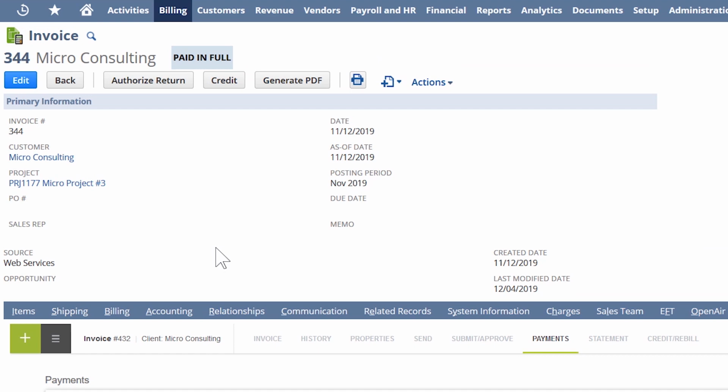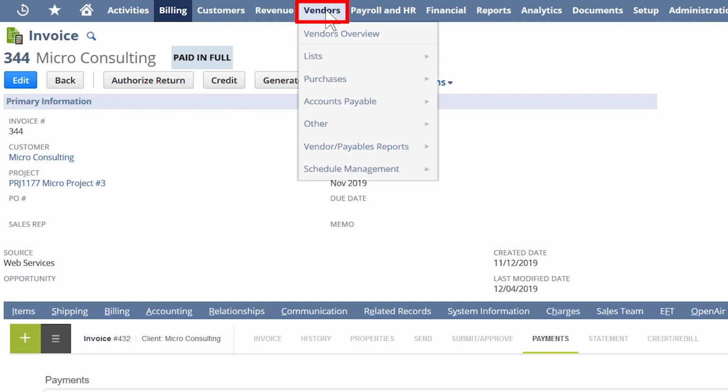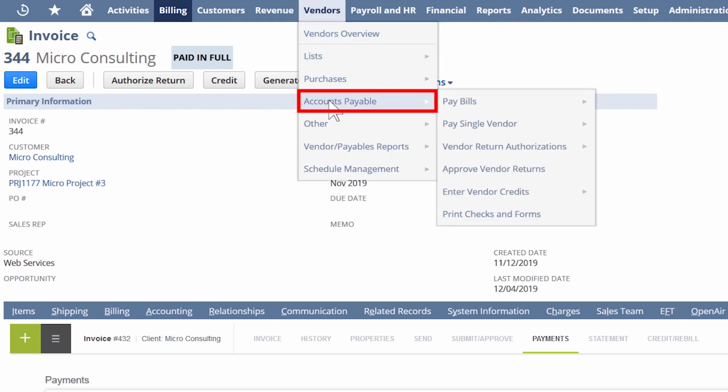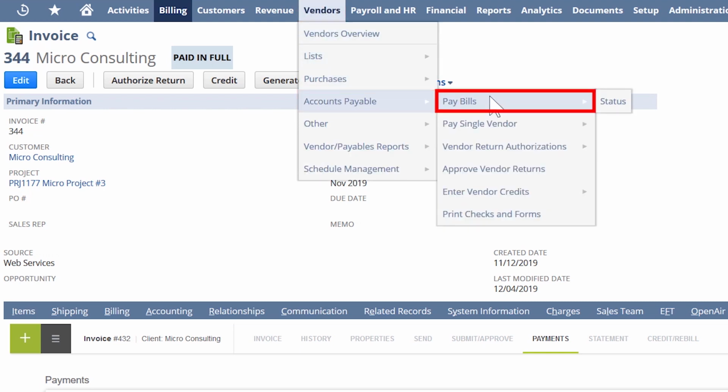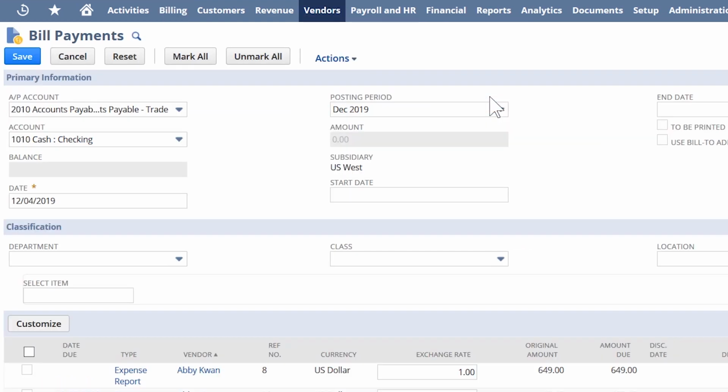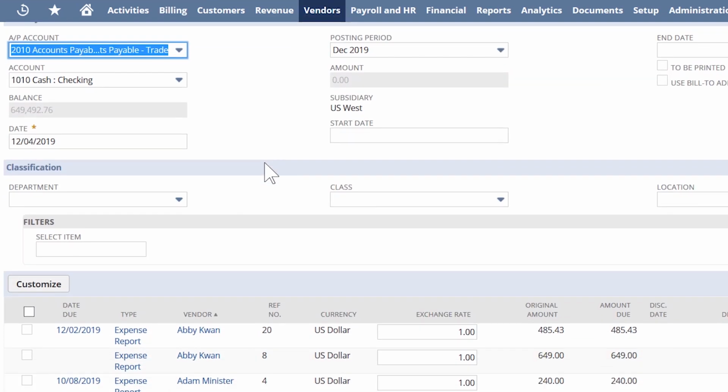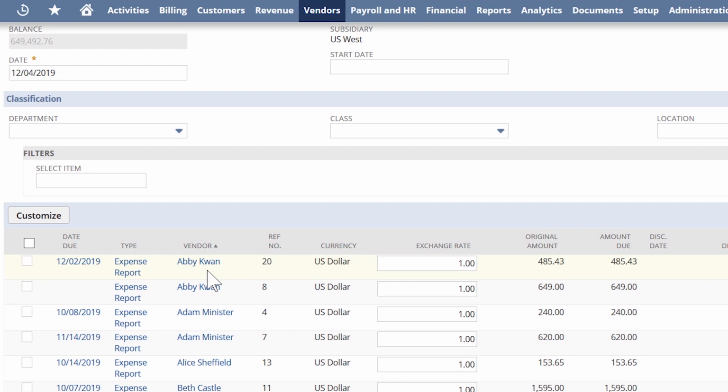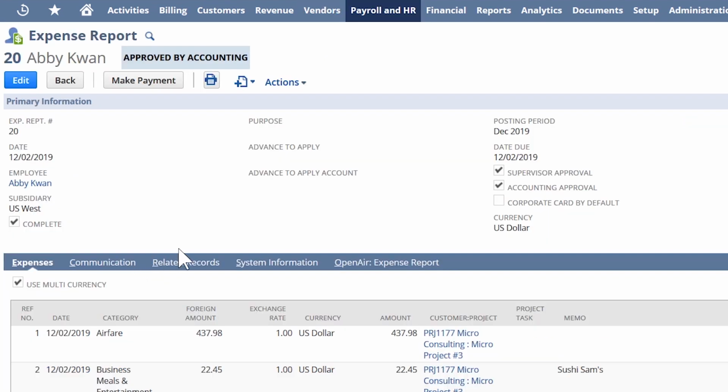The next thing I'll do is create a payment for a consultant's expense report that was submitted and approved. I'm going to navigate to Vendors, Accounts Payable, Pay Bills. At the top of my list is the consultant Abby Kwan. I'm going to open her expense report number 20. Everything looks approved, so I can make the payment, but if I needed to review any details, I could click